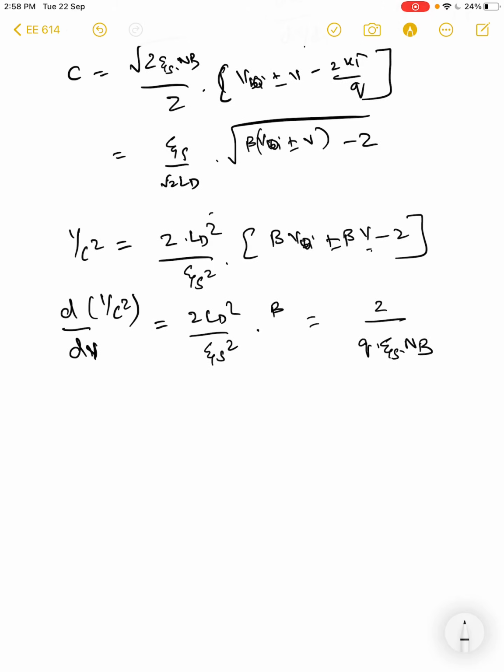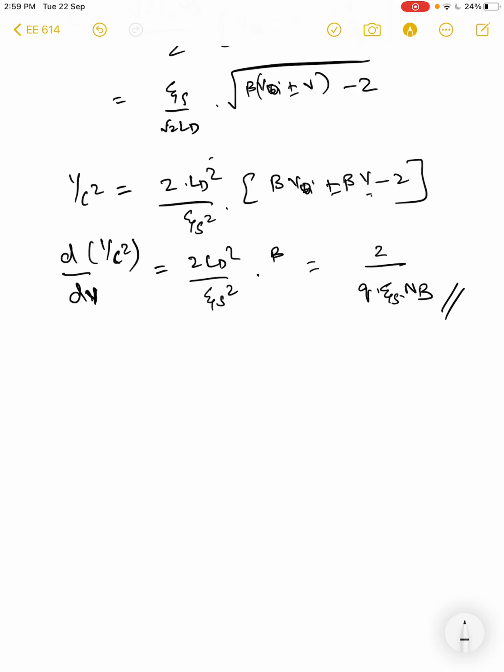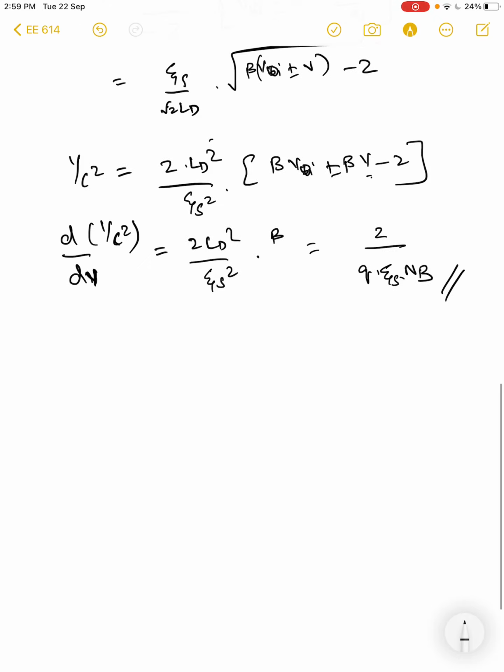So if we are able to measure the depletion capacitance across different bias potentials across the PN junction, it gives us the slope of this curve, which gives us what is called the actual doping density. Now it is also true that this expression is general. It is not only for the abrupt profile that we considered. For any profile,